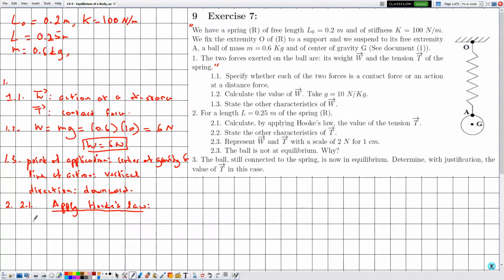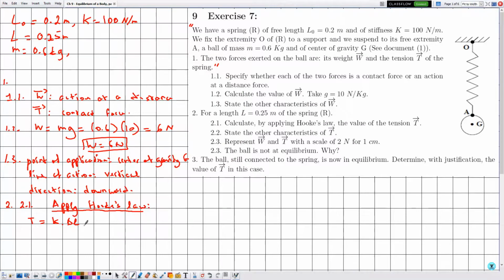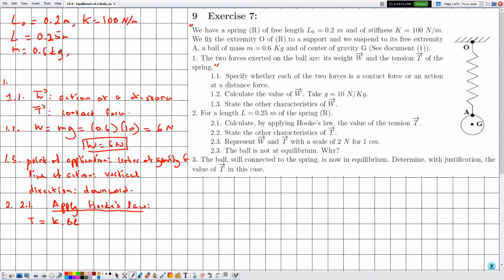Hooke's law is given by T equals K multiplied by the elongation. Here the elongation is not denoted by delta L or X, so we are free to choose either. Then I will choose delta L. No need to construct a triangle for this formula because this is the quantity that we want to calculate. Now in order to determine T, we need to know K, which is given, and delta L can be calculated